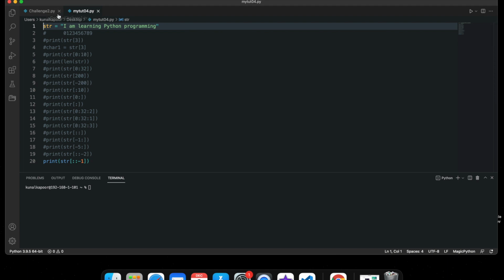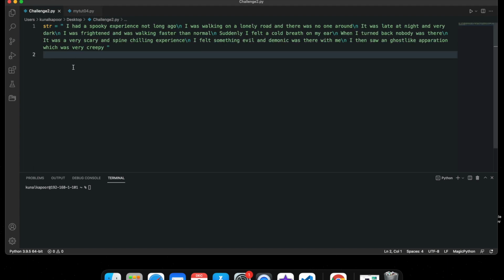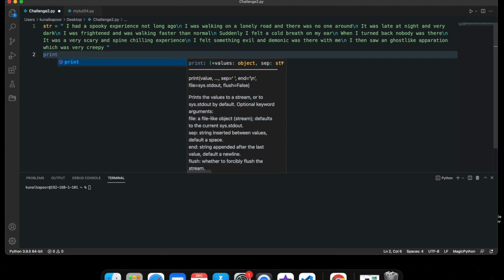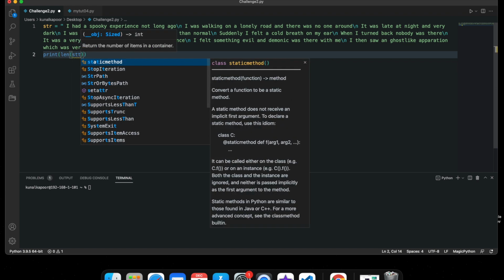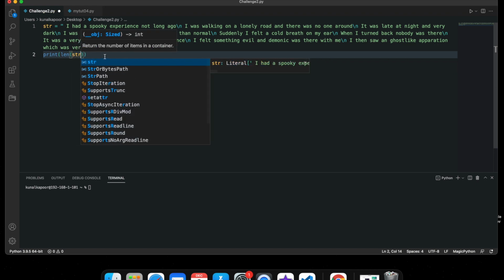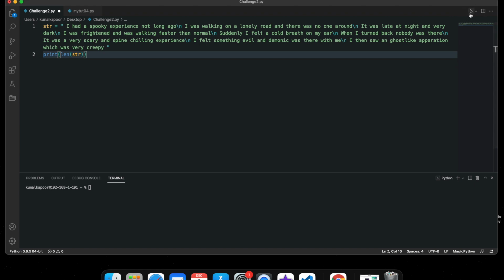The reason I've opened this here is because I wanted to show you what I'm going to do. First thing first, I want to print the length of this string. So this is what the length is for this particular string.